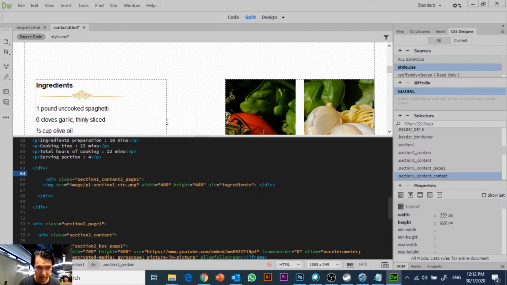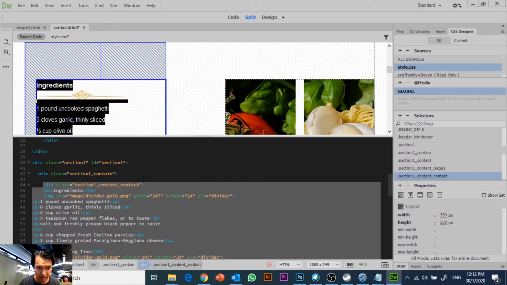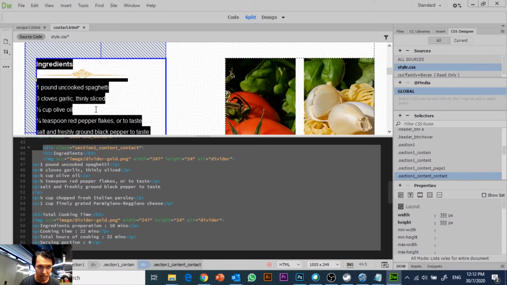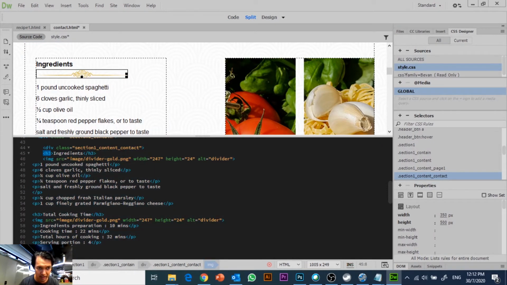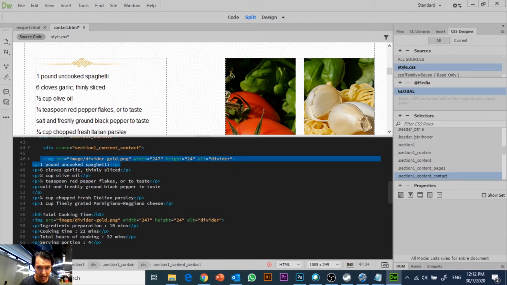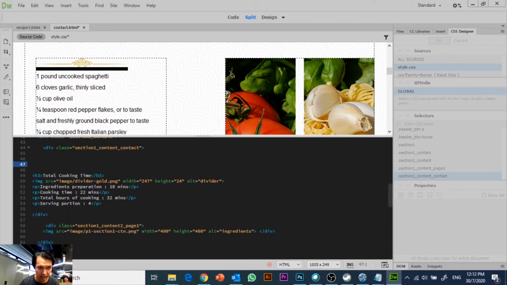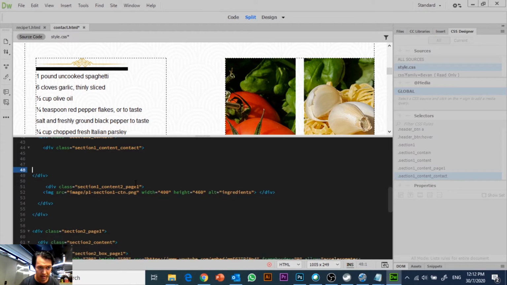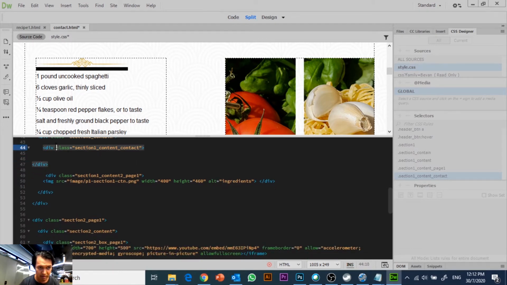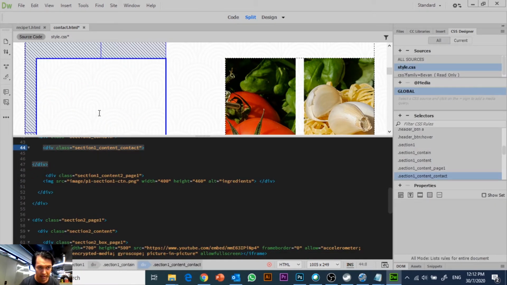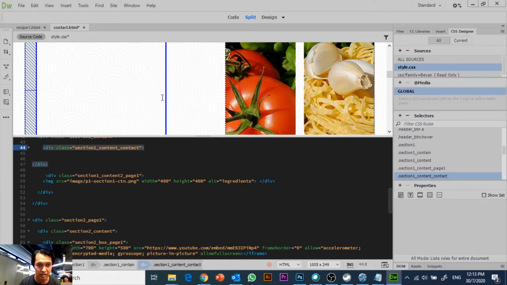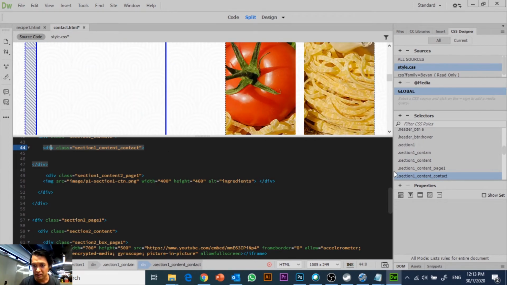Once we have made adjustments towards the contact, since we do not require the content over here, you can start to delete the content. Make sure you only delete the content, not the div. Just be left with the div. So that is the div that I have. Once we have changed the div, we can make adjustments towards section 1 content contact in the selector